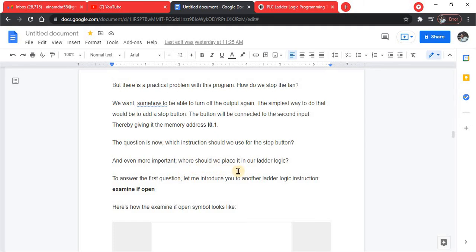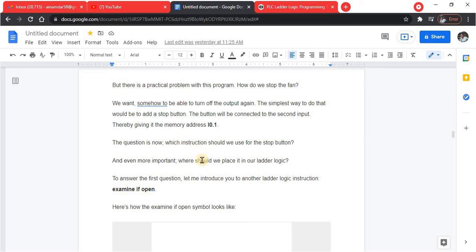Where should we place it in our ladder logic? So two questions arise. First, which instruction should we use for the stop button, and second, where should we place it in our ladder logic? To answer the first question, let me introduce you to another logic instruction,